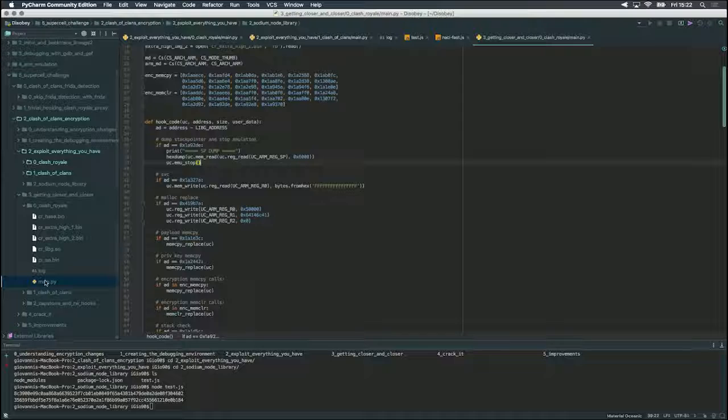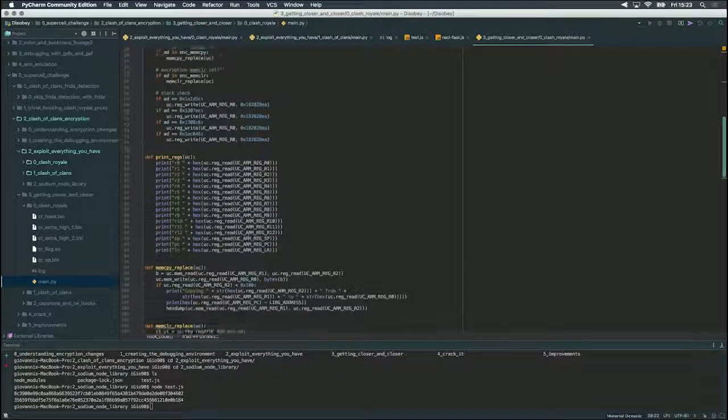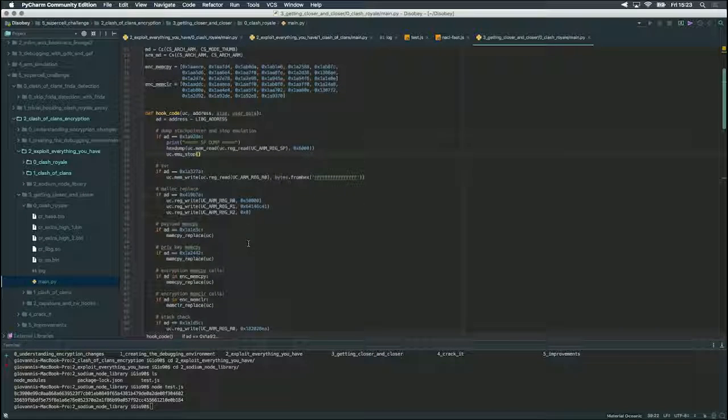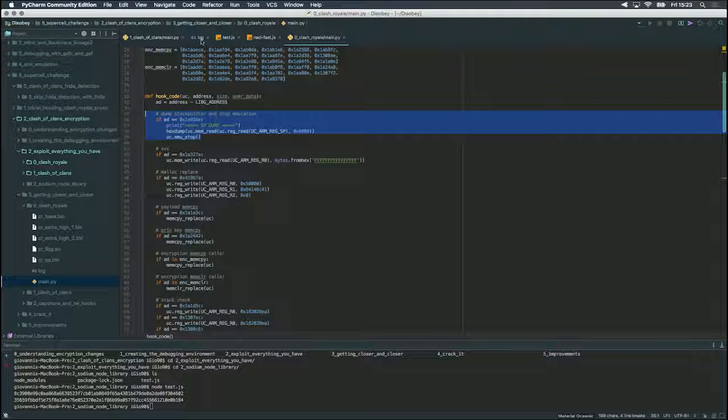you can see I've added just a couple of lines at the top of hook code. I'm basically asking the emulator to stop the emulation at this offset, because we already know it's not needed to go over, since something was obviously changed before. And we are asking it to give us a dump of the stack pointer in order to check if those keys are inside. And if we take a look at the log,